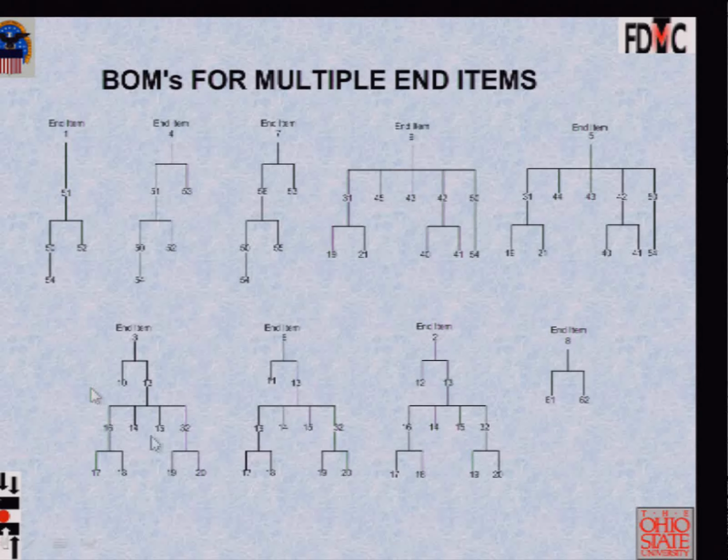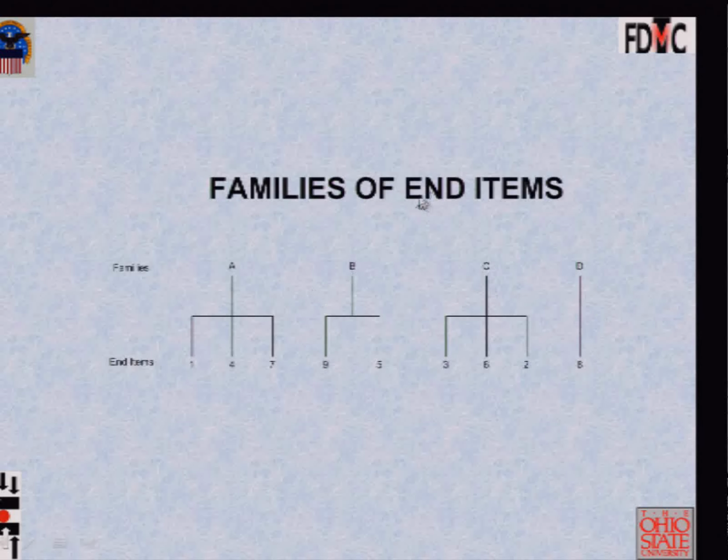So with this initial description of the products, what the author did was, he formed families. So what he said was, this family A actually comprises end items 1, 4, and 7. Okay? So with this analysis, you might be saying, I will have one flexible assembly plant which will assemble these end products, another flexible assembly plant which will assemble these products, and so on. Could be pie in the sky thinking, but that's the whole idea of taking group technology and